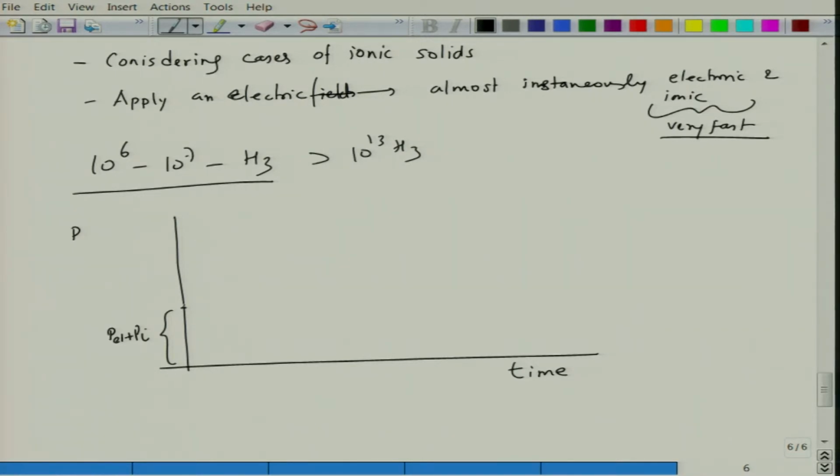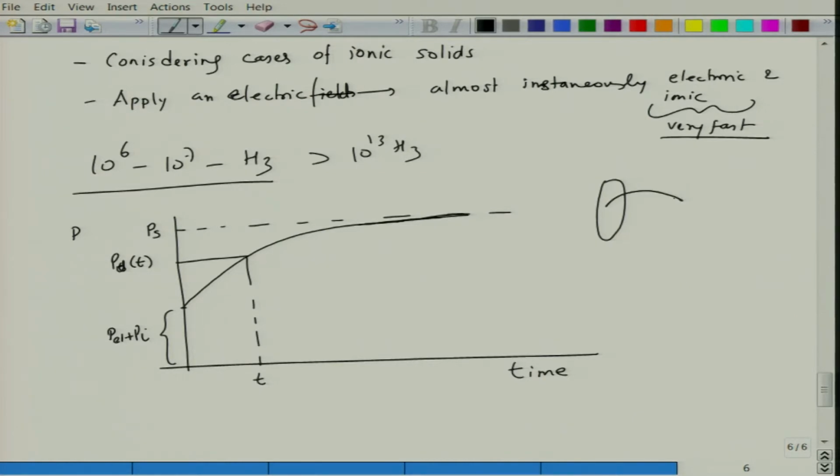and the saturation polarization then develops over a function of time. So, let us say this is the value of saturation polarization in a given system, the maximum value of polarization that you can get, and this takes its own time to develop. Eventually it does reach the value, but it takes time, and this is the dipolar polarization, which is time dependent polarization P d of t. So, as compared to the electronic and ionic part, this development is far more slower. Okay. So, molecules basically, you can say this is a molecule in this fashion, this molecule has to now rotate to go to this position. Okay.